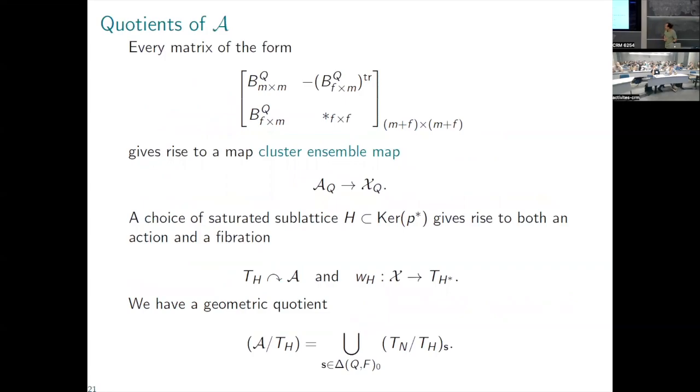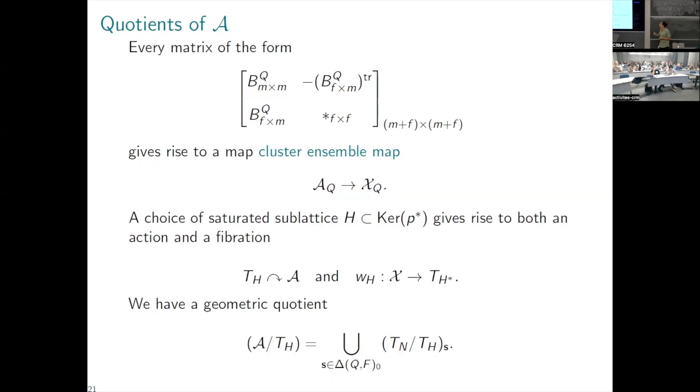So let me go back to the matrices that I was discussing before. Before I was discussing this rectangular matrix formed by the quiver. Now if I try to build something that would look like a square matrix, this part and this part will be given by my quiver. And if I build matrices where I'm able to put whatever I want there, I can consider families of maps. These define families of maps from my A variety to my X variety, called cluster ensemble maps. And they actually define two things: a geometric quotient of my A variety, and a fibration of my X variety